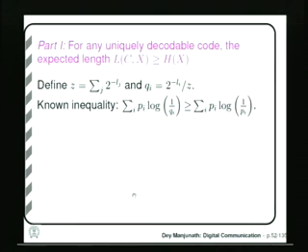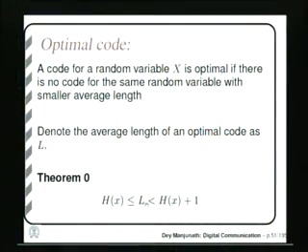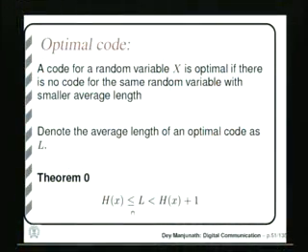So, we will prove this theorem. While proving this, we will prove first that L is greater than or equal to H(X), and also we will prove that L* is less than H(X) plus 1. So, there are two parts. When we try to prove that L is greater than or equal to H(X), we will not actually prove that the optimal length is greater than or equal to H(X). We will prove that any code's average length will be greater than or equal to H(X). You give me any code for a random variable, I can show that it will have average length greater than or equal to H(X). So, it will also be true for optimal codes, because it is true for any code. Then we will prove that L* is less than H(X) plus 1, and here we will prove it for the optimal code,